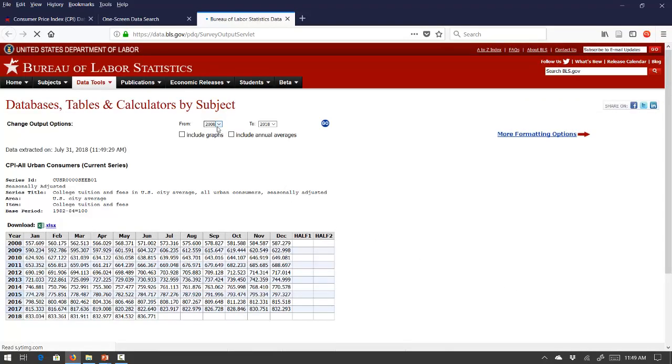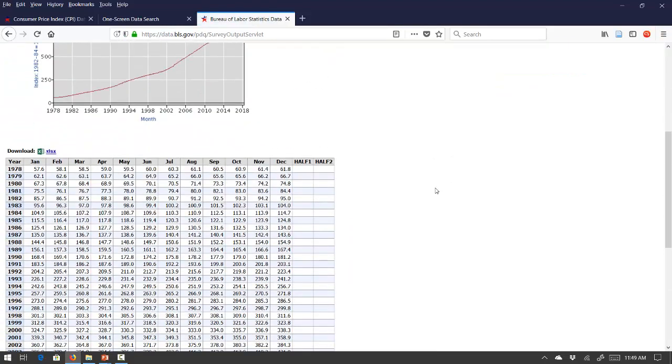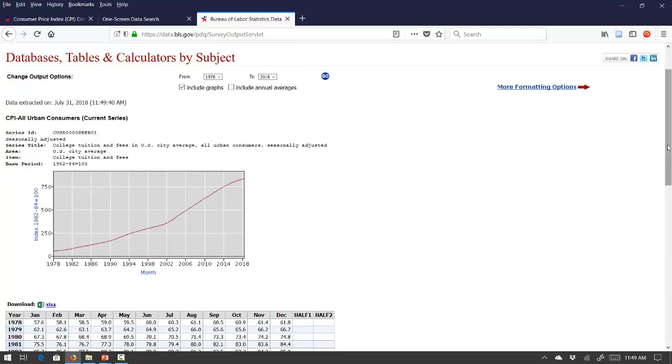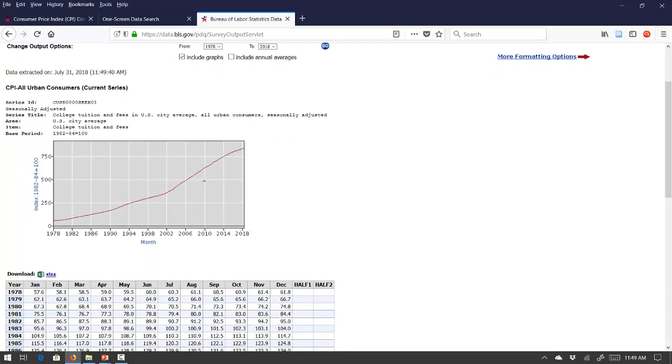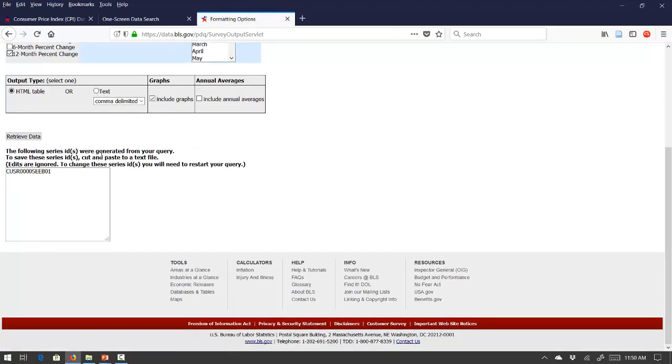and let's see how far we can go. We can go up to 1978, and I'll try to include a graph, and here we go. And you can see how steadily tuition has gone up in the US, especially it has gone up at a faster rate since 2002. So this is the time period when it has gone up really fast, and you can find it by calculating percentage change, and that's what I'm going to do. Always do 12-month percentage change and retrieve data,